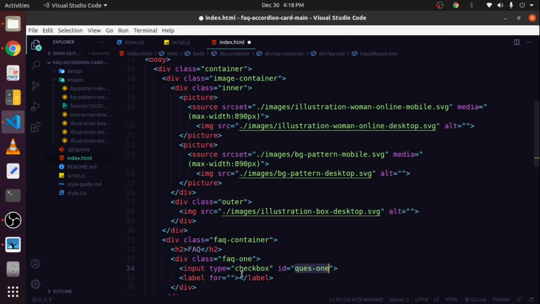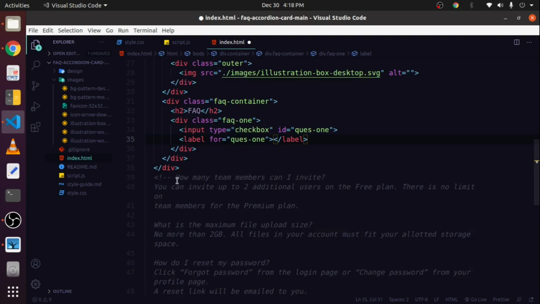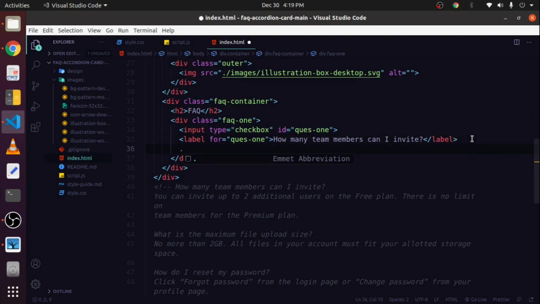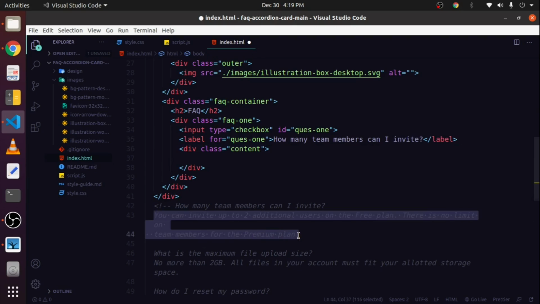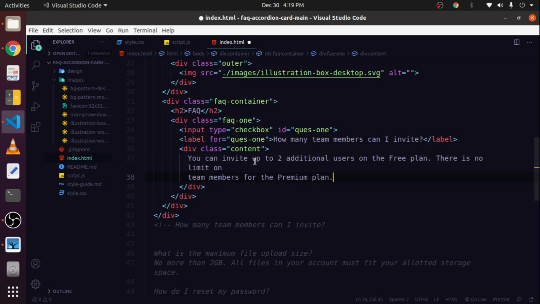Just copy this and paste it over here, and inside this label tag copy the first question from here and paste it over here, and below this label tag create a div with a class of content where we can place our content, basically the answer for this question. Just copy the answer from here and paste it over here like this.